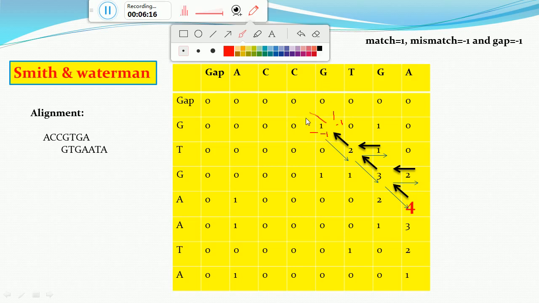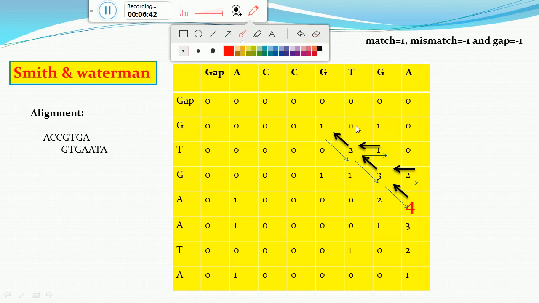Now for calculating the diagonal value, we have to see whether it is a mismatch or a match. Here GG is a match, so for a match we have a score of +1. Now this +1 will be added to this box score, so 0 + 1, and we are getting a value of 1. Now 1 is the biggest value, so we will be taking it as 1. That is the final value for this box.